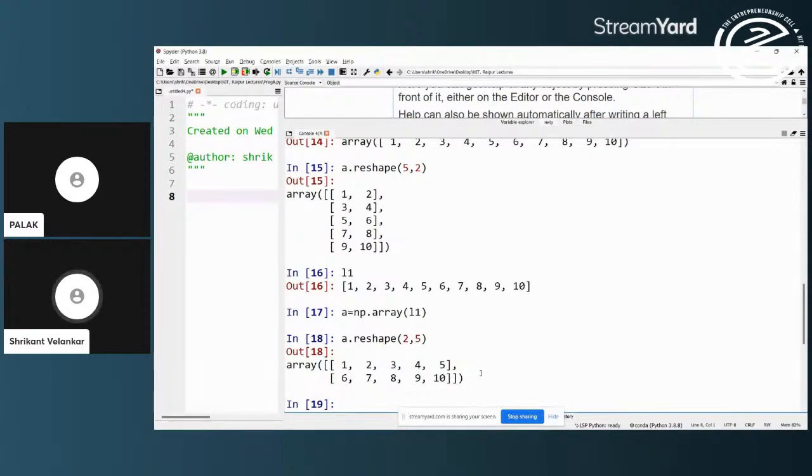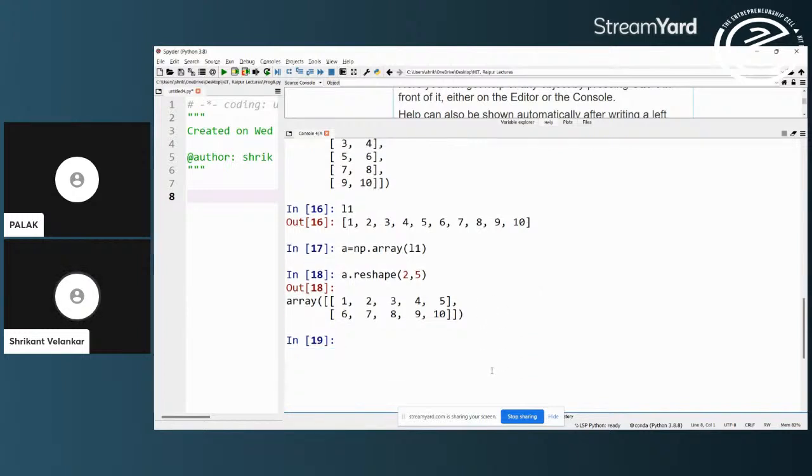At output 15 and output 18, there is a clear-cut difference. One, the same array taken from a list was reshaped in 5 comma 2, that is 5 row 2 column format, and in the second case it was reshaped into a 2 comma 5 format.